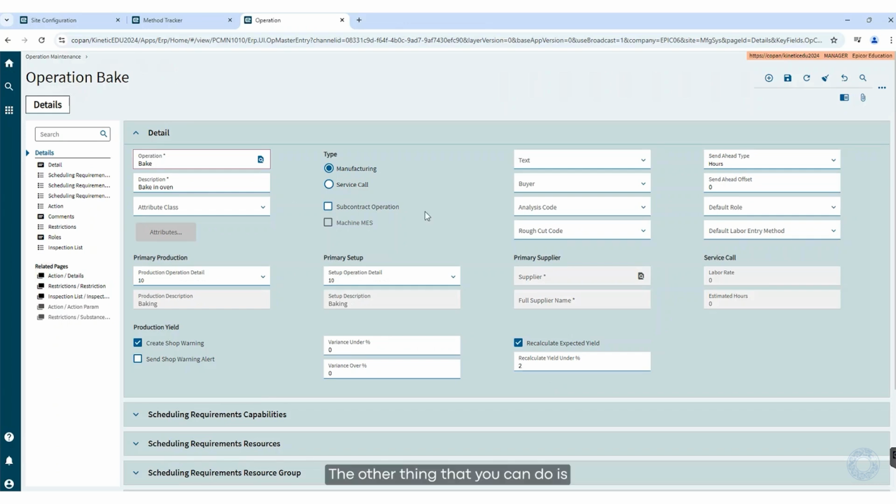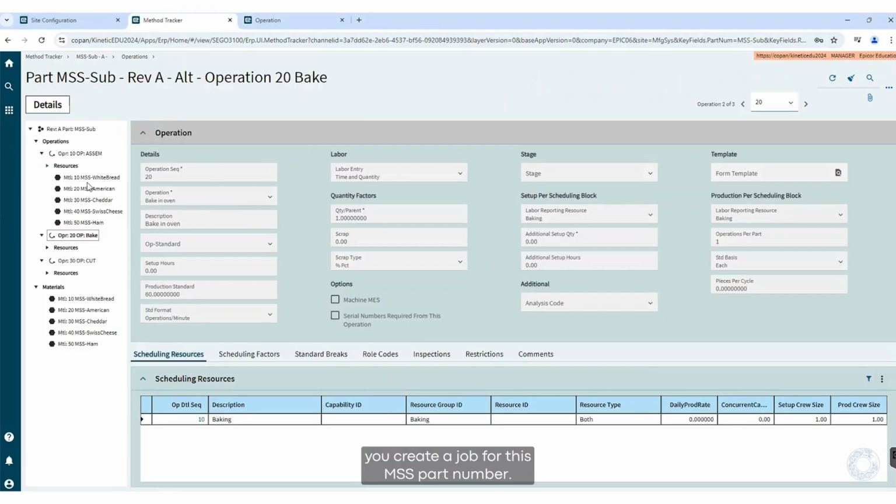The other thing that you can do is create a shop warning when your production yield varies, and then it would show up in your shop warning tracker or in your shop tracker. Then what happens is once you do the job, you create a job for this MSS part number. So MSS sub,